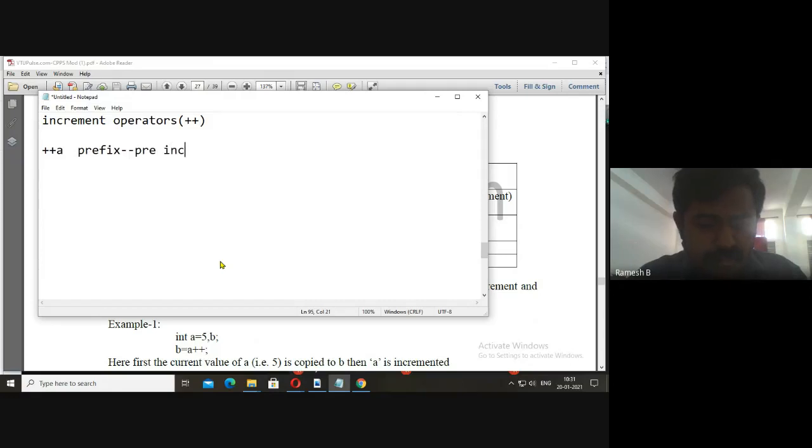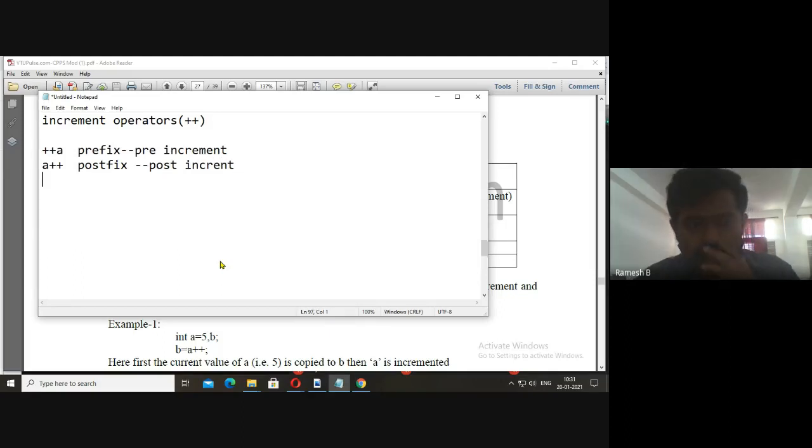And a plus plus is postfix, which is known as post-increment.